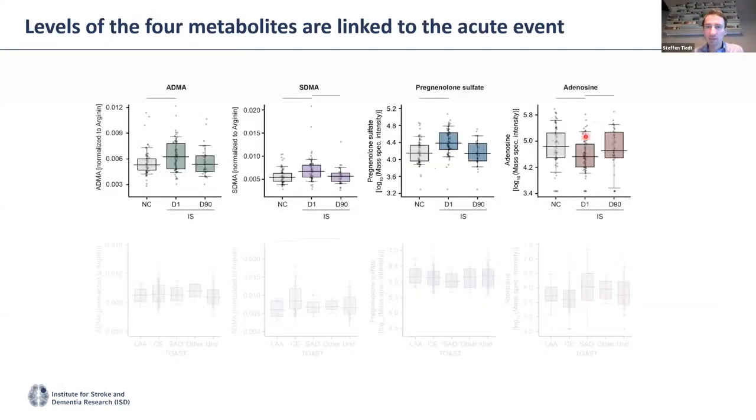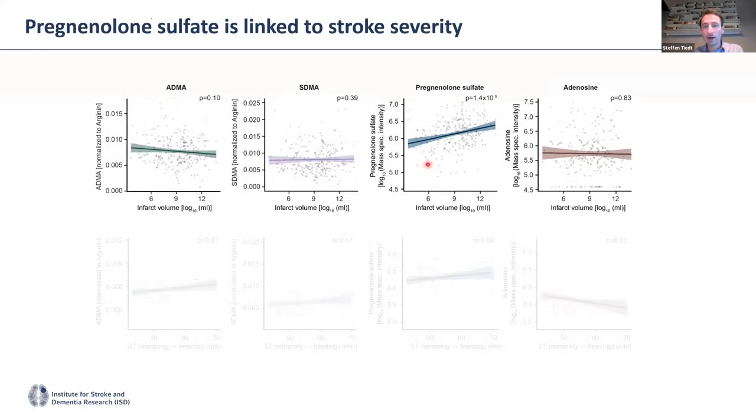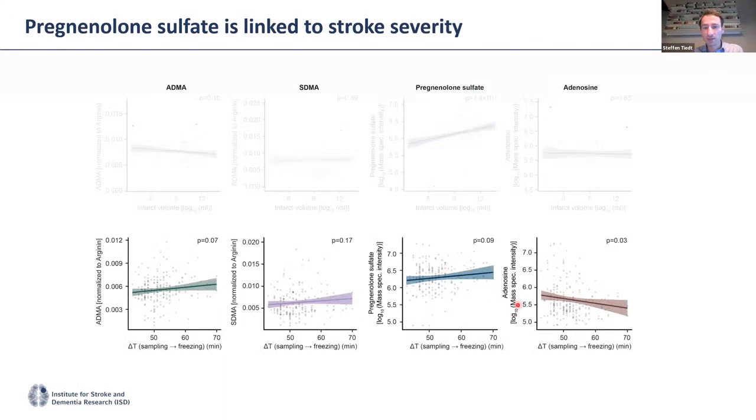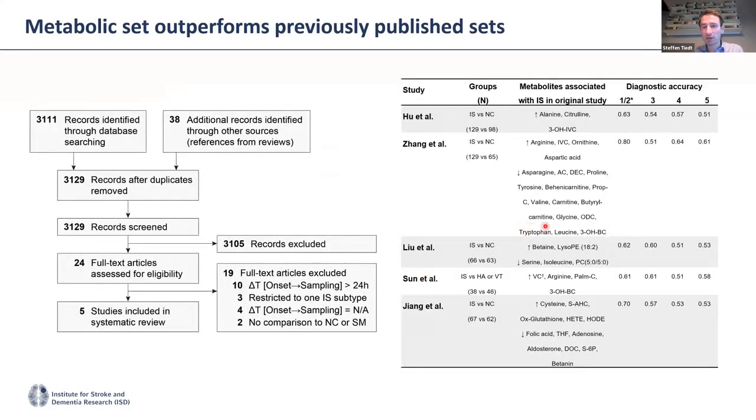To characterize these metabolites, we profiled them longitudinally, and we found that they are increased in the acute phase. So indeed linked to the acute phase, different etiologies do not bring different values except for symmetric dimethylarginine. And they are mostly independent of stroke severity, and sampling time does not matter, only for adenosine. We did a systematic review showing that basically our set would perform significantly